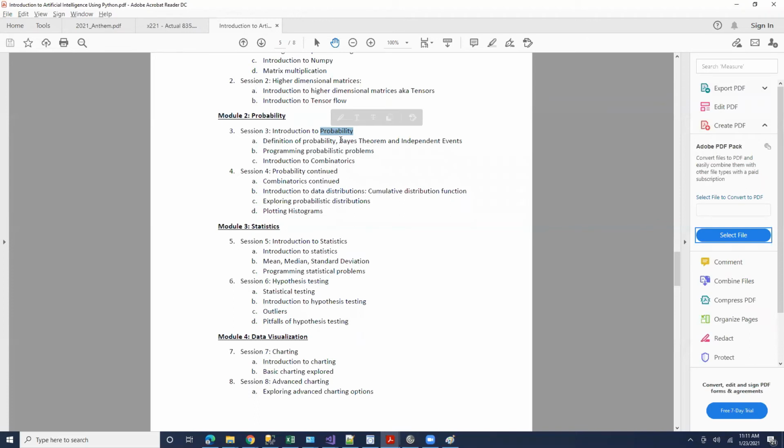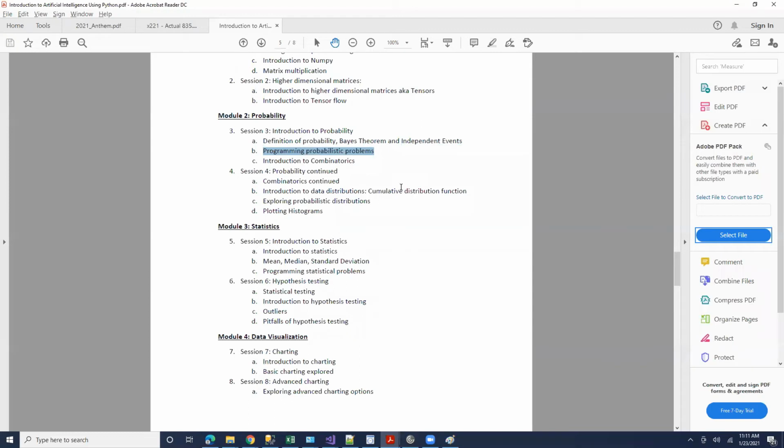How many of you know Bayes theorem or conditional probability? Okay, somewhat. Independent events. Have you programmed any probabilistic problems? Have you done mostly through pen and paper or programming?